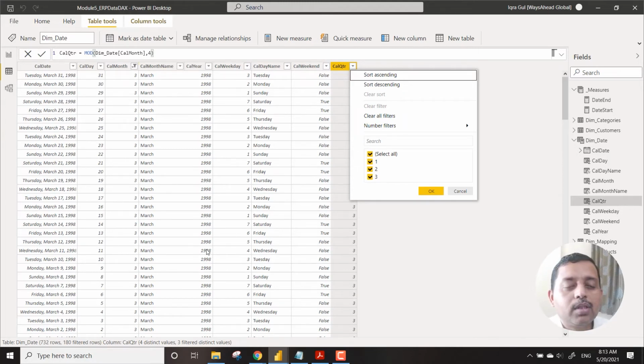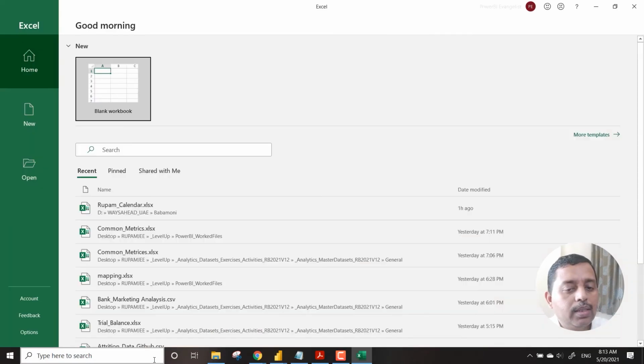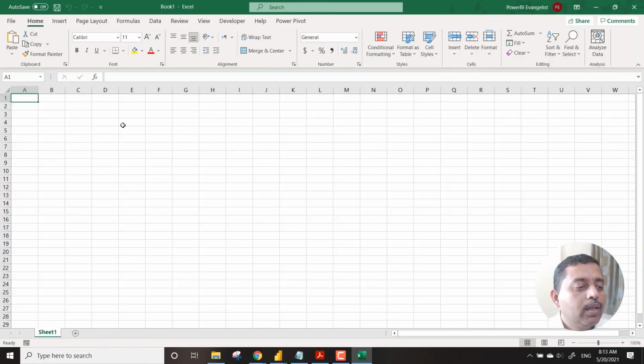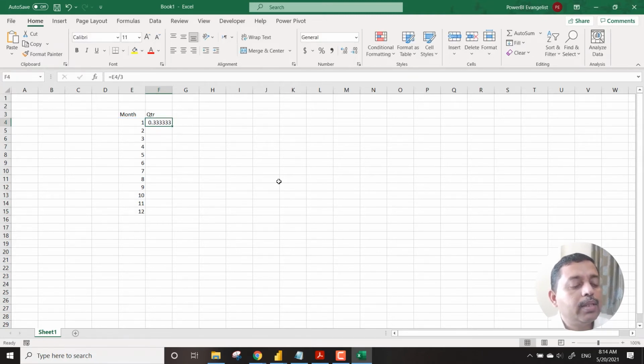If you just look at it from the perspective of Excel, let's have a quick understanding of this. What we are trying to do is we have 1, 2 like this, and this is my month and this is my quarter. What we want is that this 1, 2, 3 should say 1 only. So we say equal to this divided by 3, and then it goes to 0.3.